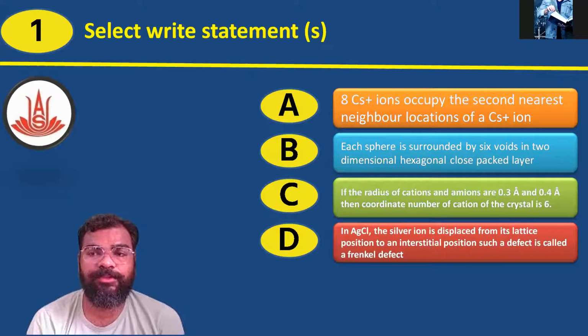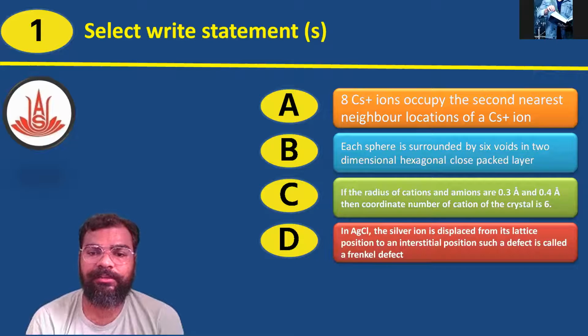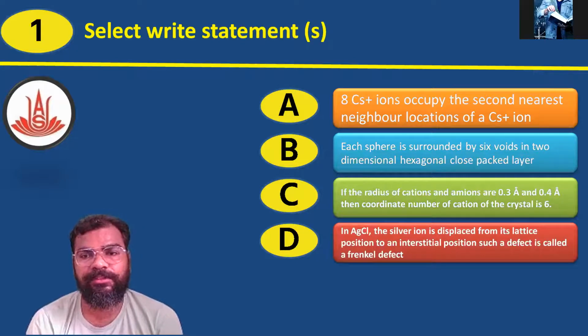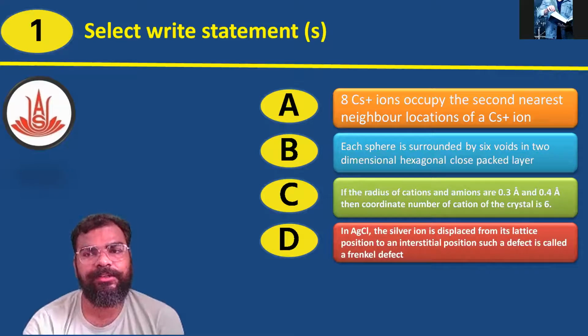Option D: in AgCl, the silver ion is displaced from its lattice position to an interstitial position. Such a defect is called a Frenkel defect. So there are four options given, and out of all these we need to select the correct statement. It may be one, it may be more than one. So here, in this case,